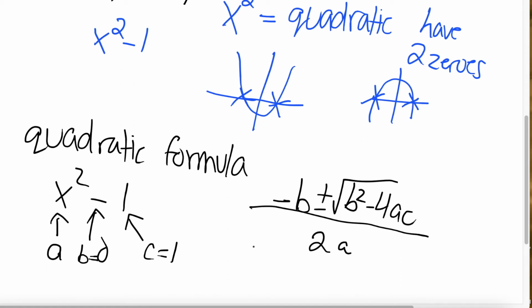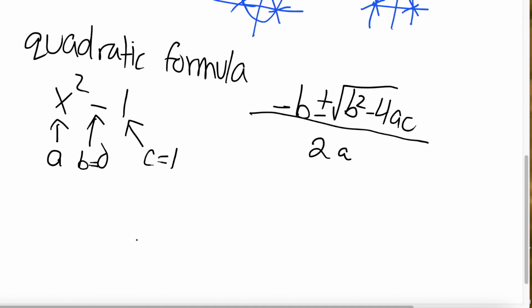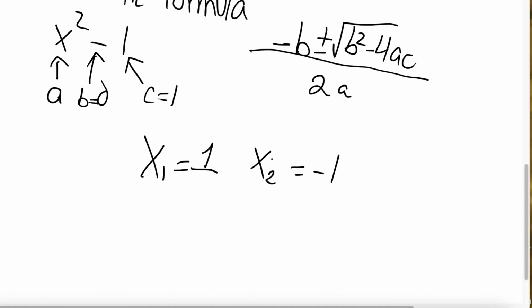So if we plug these values into this equation and use our calculators, we get that x1 is equal to 1, and then we get that x2 is equal to negative 1. So let's write down: if x is equal to 1 or x is equal to negative 1, then